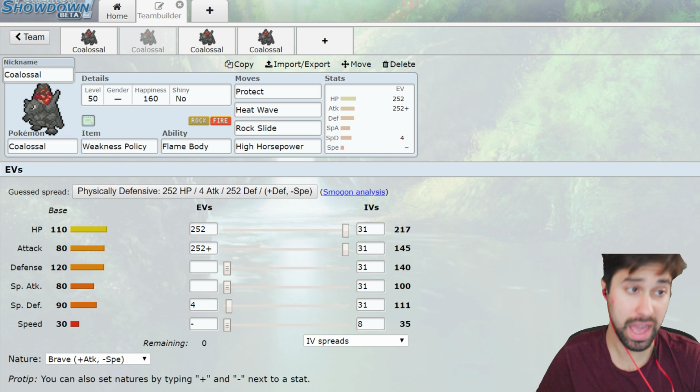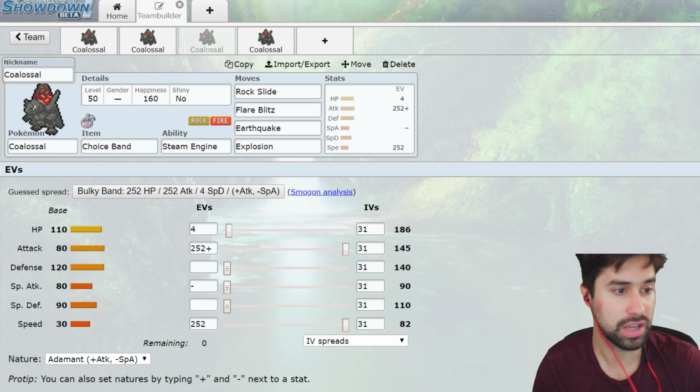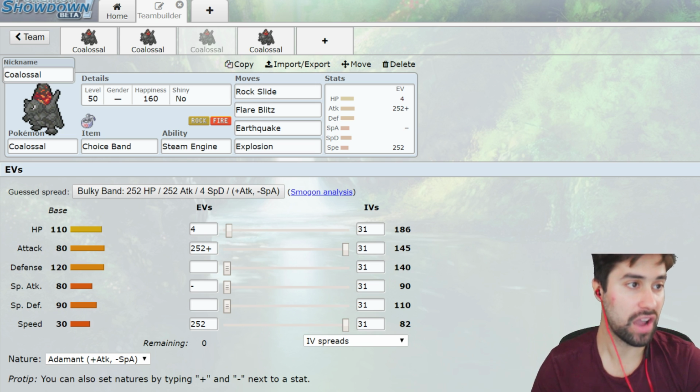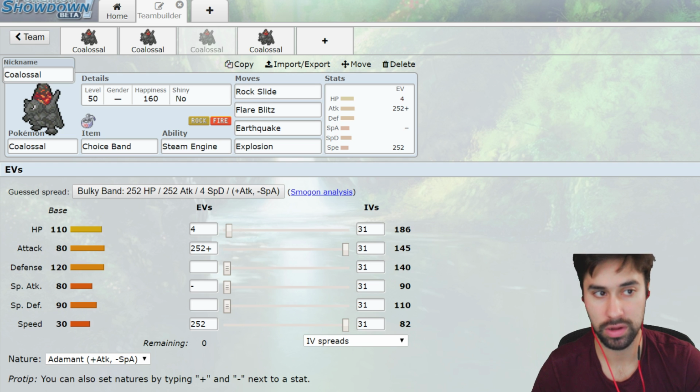Yeah, so that's a pretty cool set. I think this thing could actually be a decent sweeper in Trick Room. Next up, if you don't want to use the weakness policy strategy, the thing is, there's one other really cool application of Coalossal that I can't really talk about because it's not